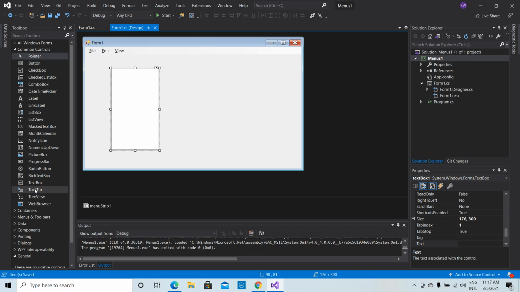expand this. Another text box you can add, and multi-line property you put a tick, then again